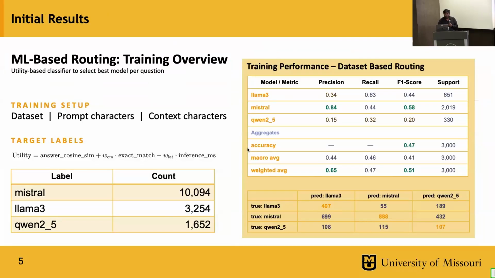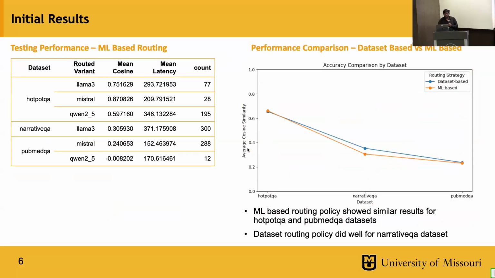And for the ML based routing, we used dataset, prompt characters, and context characters as our feature set. And we created a target label using our previously learned data. What we did was we trained a small regression pipeline to see whether we were able to do some dynamic routing on that. We didn't get good results on the regression pipeline, but